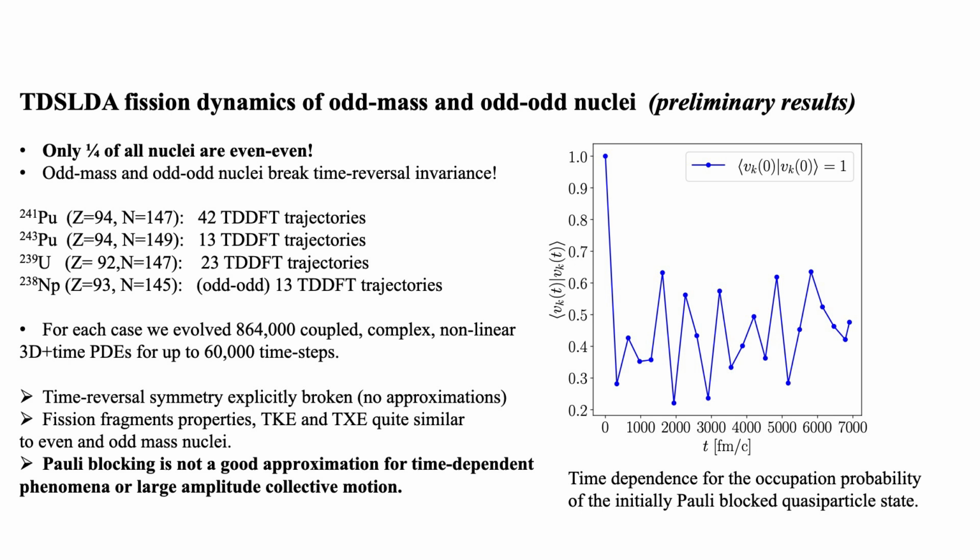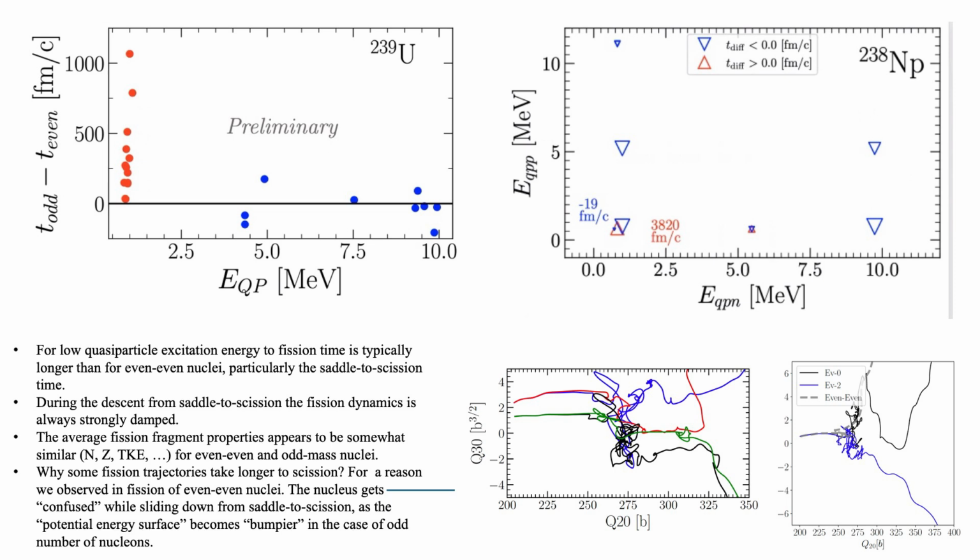And we look at the fragment properties, TKE, TXC, and find out that they're very similar to what you'll obtain for even system. And apparently this is what in most experiments people find. And the other thing we found, depending on which quasi-particle we excite, however, the fission time can be affected